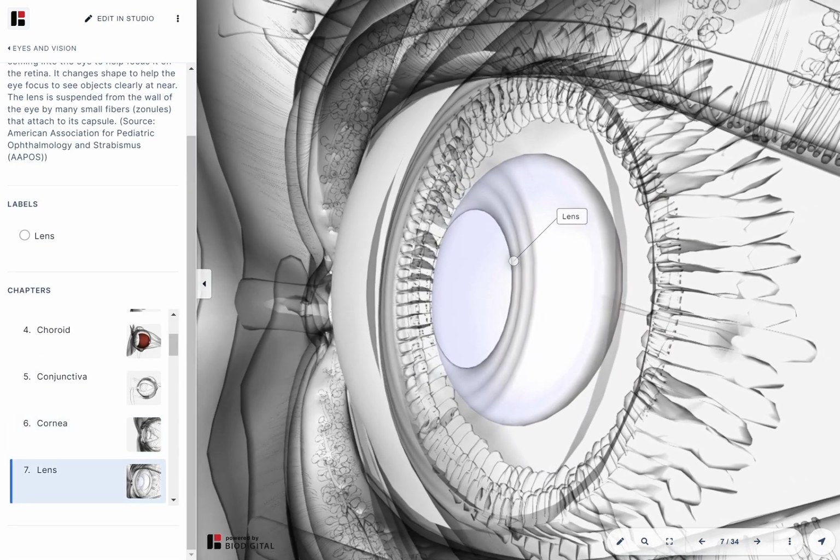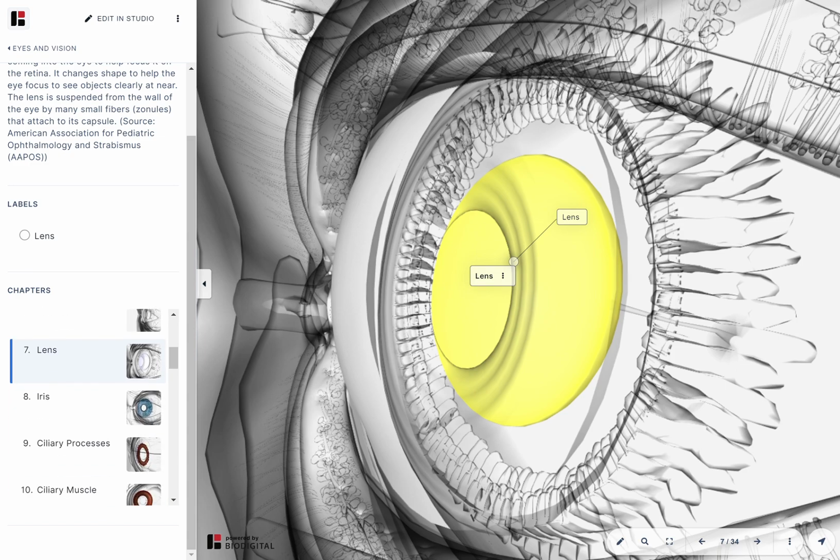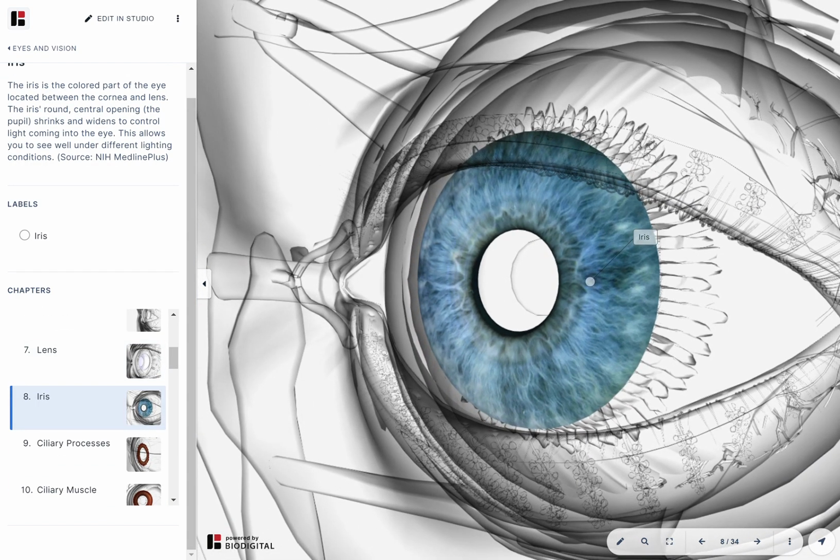Moving on to the lens. The lens here helps in focusing the light on the retina so that it can be picked up easily. Moving on to the iris. This is the colored part of the eyes. There are various colors which you can see on an eye, most common ones being brown or black. There are other exotic colors like blue or green. They're very rare, and they are bound to specific genes.